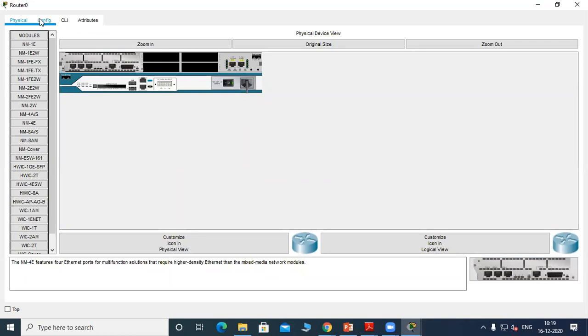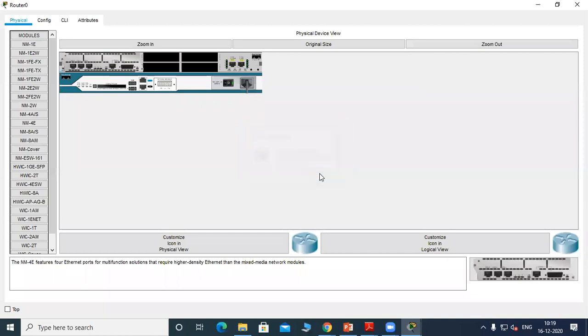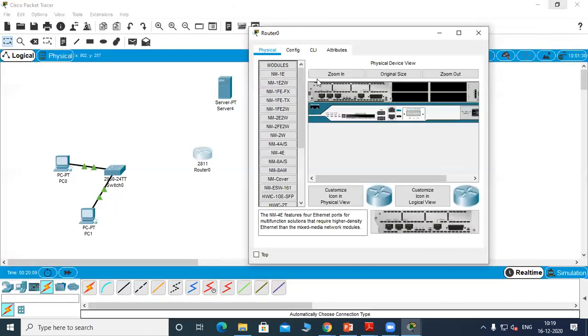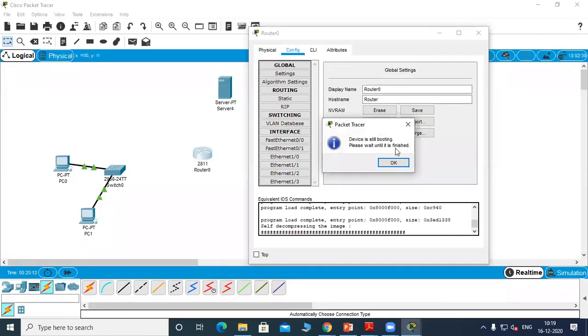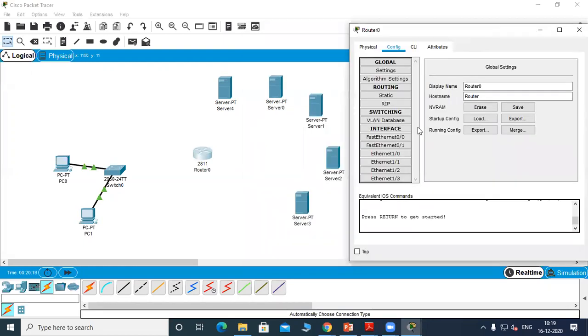Then switch it on again and go to the config. Now you can see extra 4 links are added. So now we can use these links to configure the 4 levels of hierarchy of DNS servers.